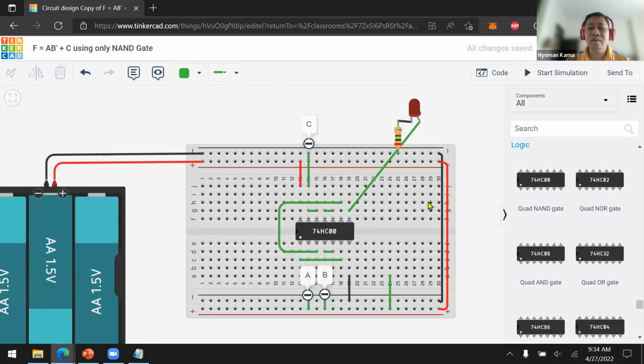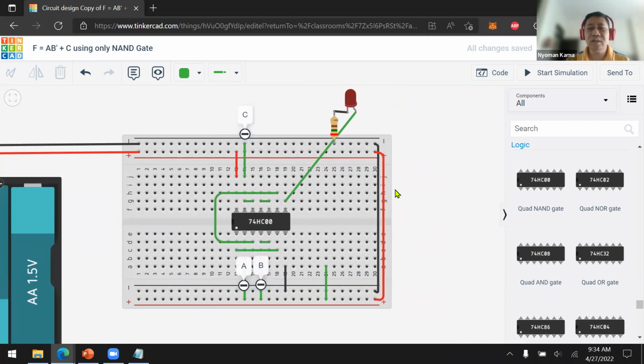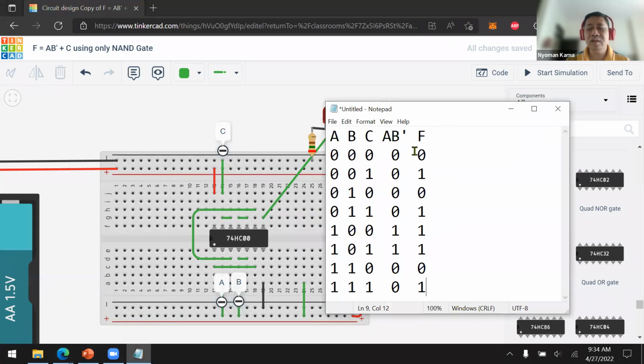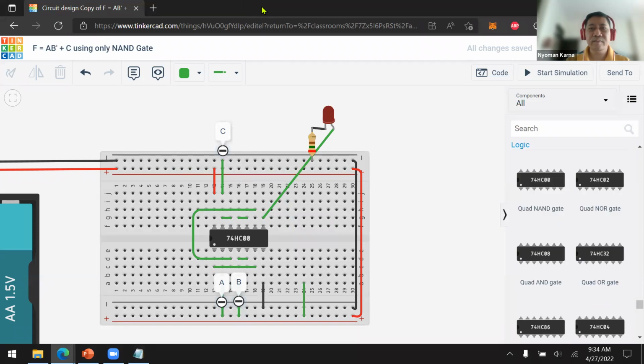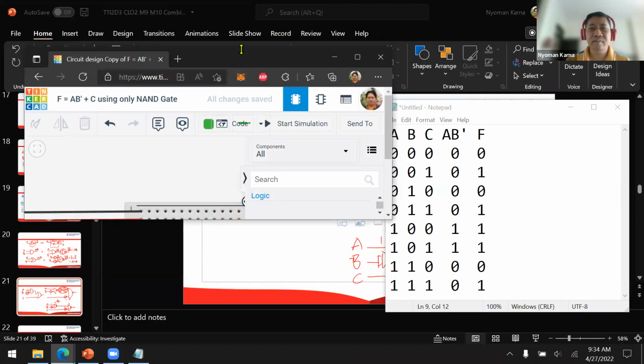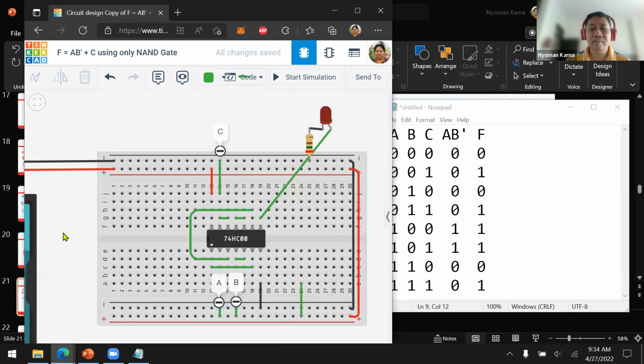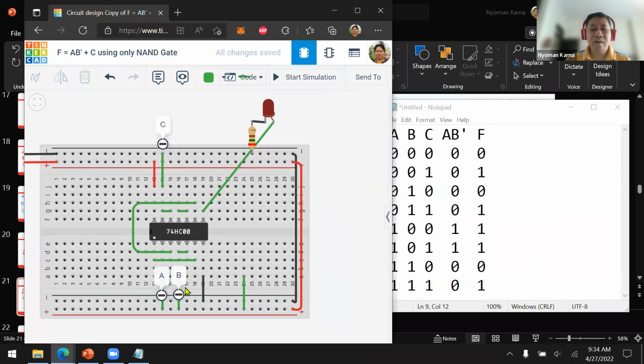Okay. Now let's try to do the simulation again. Start with the first combination 0, 0, 0. A is 0, so we go here. B is also 0, and C is also 0. Start simulation off, so the output is 0.